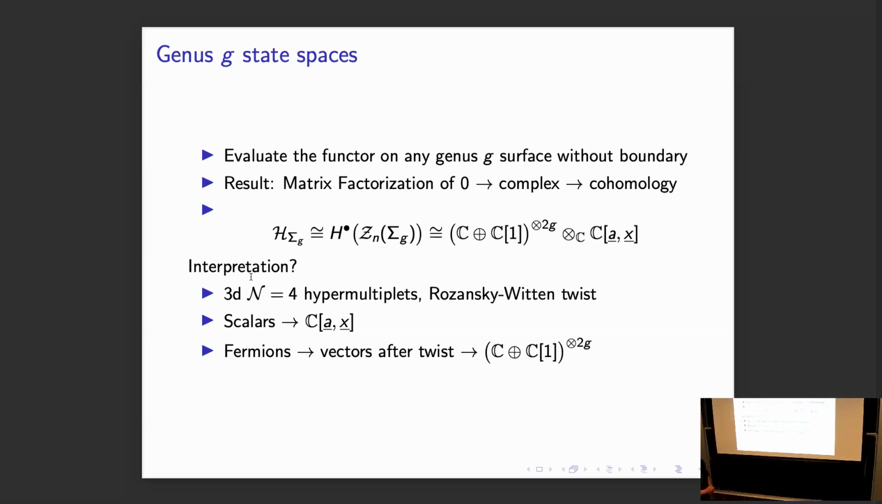So what is it? We were talking about 3 hypermultiplets, and the scalars make up this polynomial ring, and the fermions turn into vectors after twist, and they give rise, for a genus G surface, to this piece. Okay, so now I truncated at isomorphism classes of matrix factorizations, and you see here that in the highest dimension that I can compute,